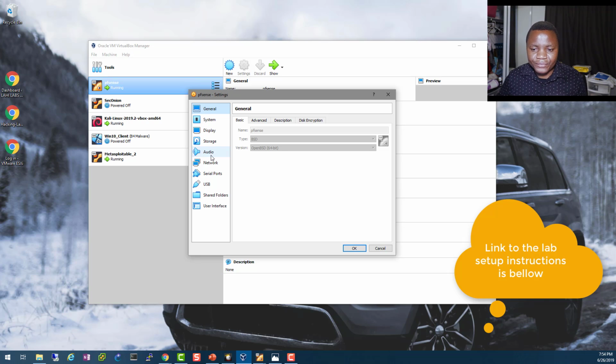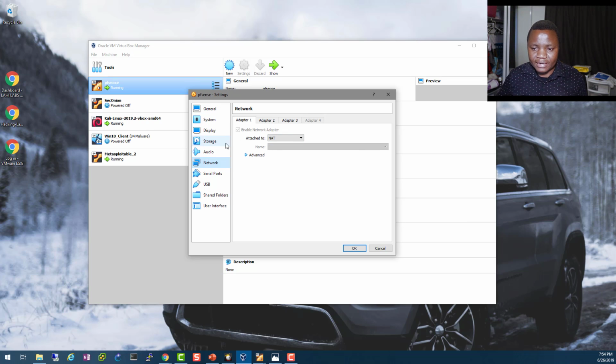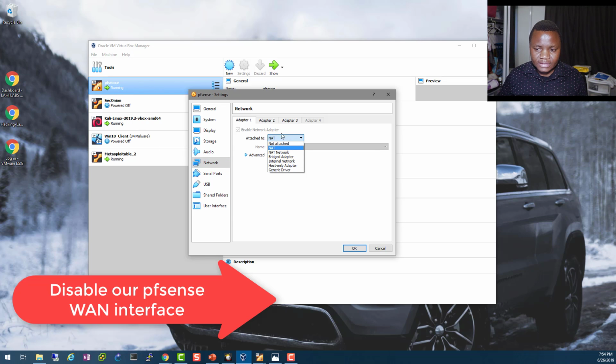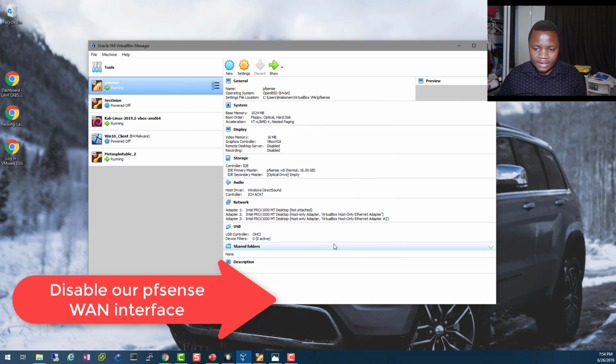I know there isn't much here to worry about, but let's just disable our internet access. So on our pfSense, just go and disable adapter 1, which is our WAN interface. Let's not have any external connection. So what this means is our lab is isolated only to this computer, and we are ready to start